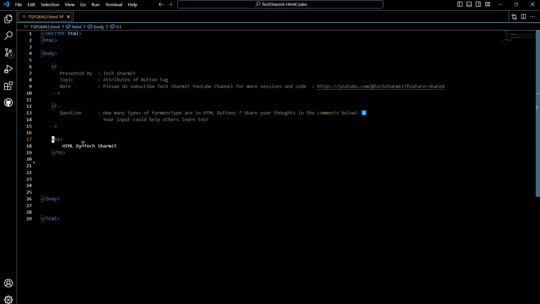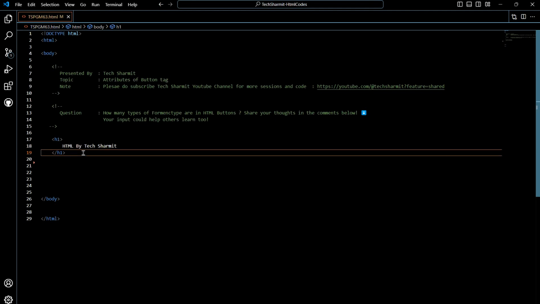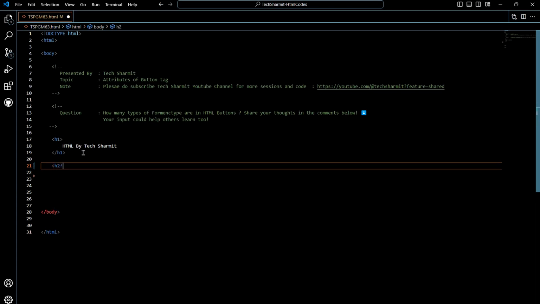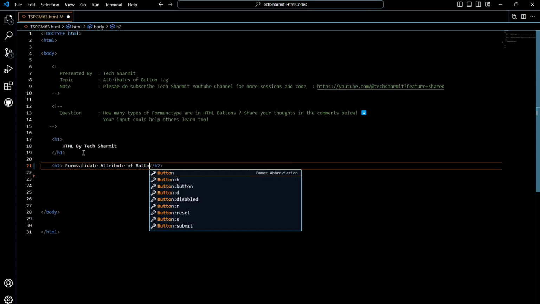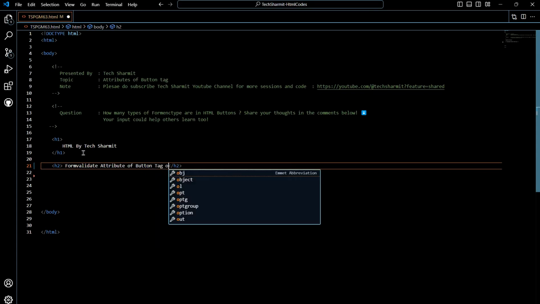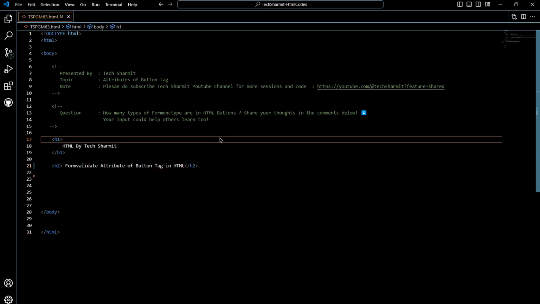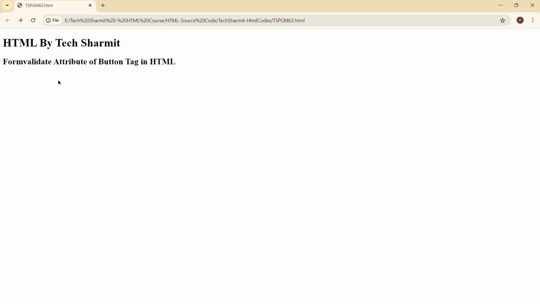So let's see what we have written over here. I have just added one heading, h1, showing HTML by Sharmit. Then we will write one more heading, so I'll write h2 here, and it will show form validate attribute of button tag in HTML. Okay, so this is the heading which I just added here. Now I'll save it and refresh my browser, so it will show like this: form validate attribute of button tag